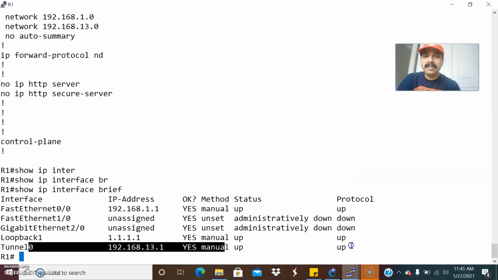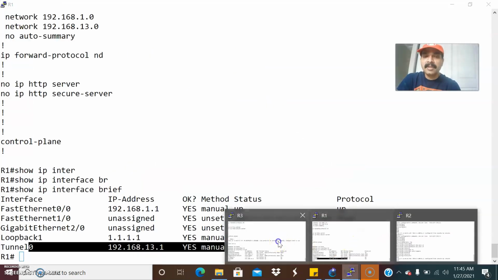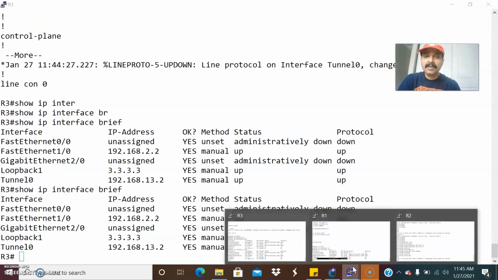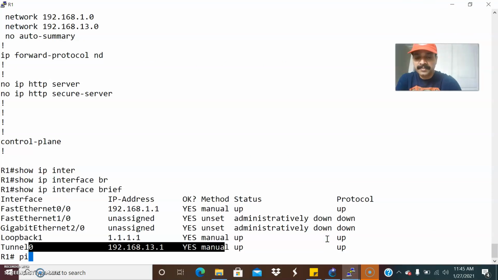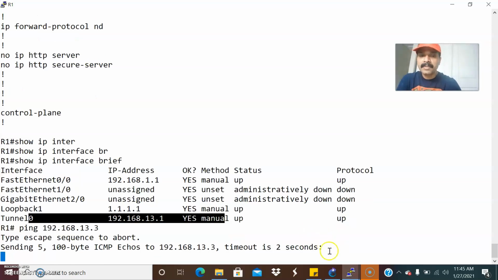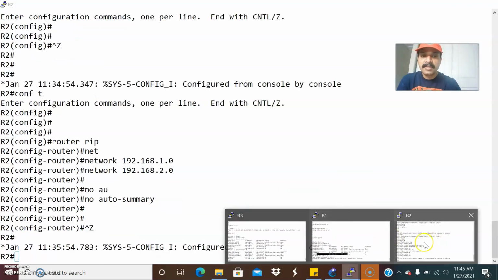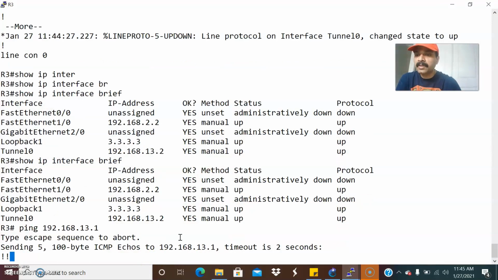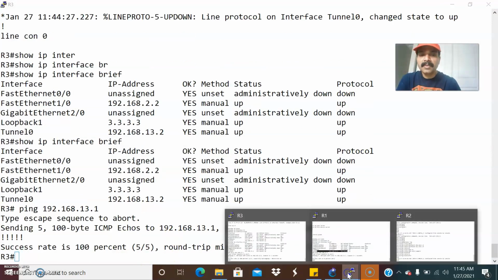Now you can see the interface is constant and always up. The tunnel interface is up, and we can also ping from R1 to R3. The R3 address is 192.168.13.2, and 192.168.13.1 is R1.